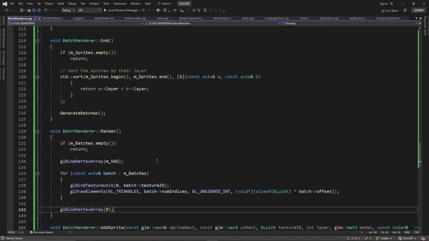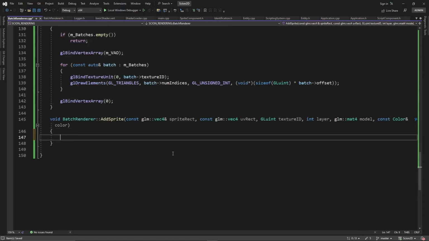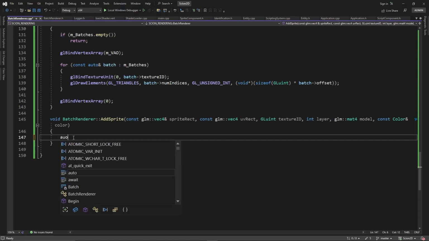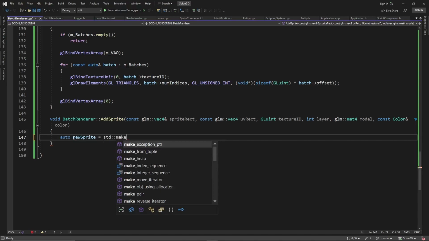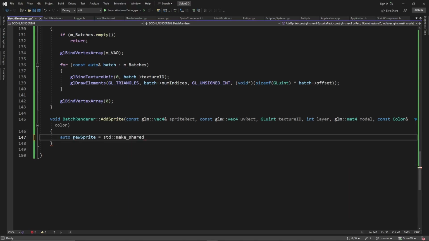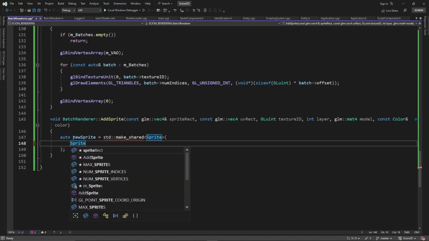All right. One more function. I believe we're almost done. That's our batch render. Okay, so one more is just to add sprite. Our sprite vector is shared pointers of sprites. So we're going to want to add a new sprite based on the data that we have sent in. So we go auto new sprite is equal to std make shared sprite